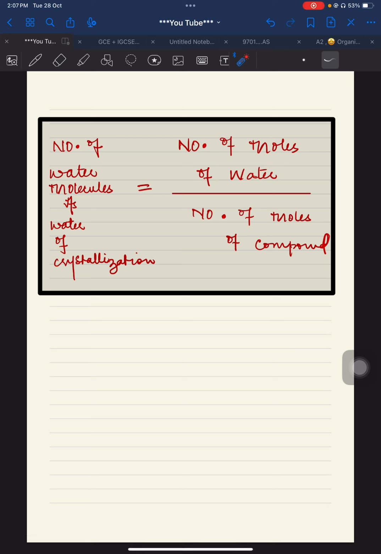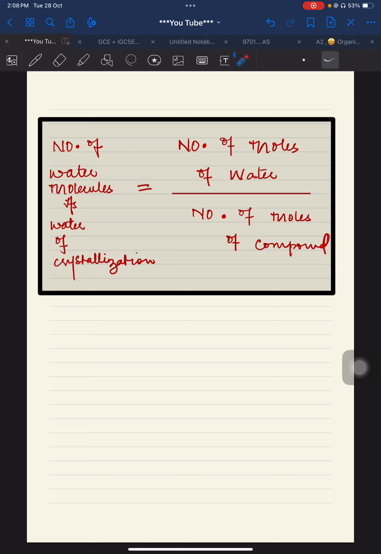Here I am just introducing one of the formulas, and that is related to the water of crystallization. Guys, if you can recall, in video number 1 I told you that some compounds, during their formation, associate some water molecules as a part of their structure, and those water molecules are called water of crystallization. Remember, these are the molecules which are just adjusting with the compound. When we heat that compound, water molecules are removed and the crystal turns into powder. The powder does not have any water in it, and a crystal means it has water in it.